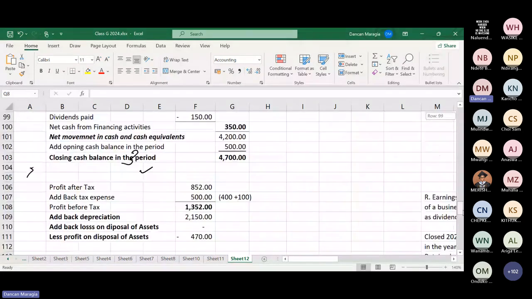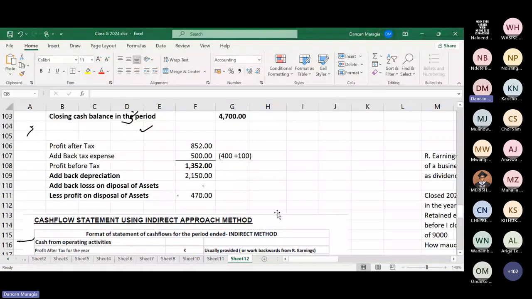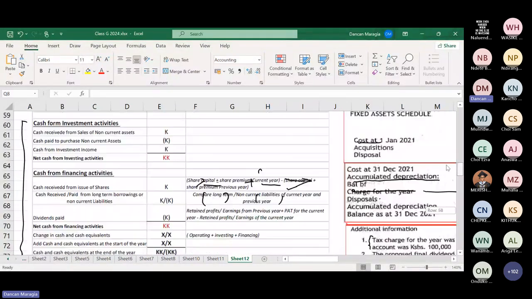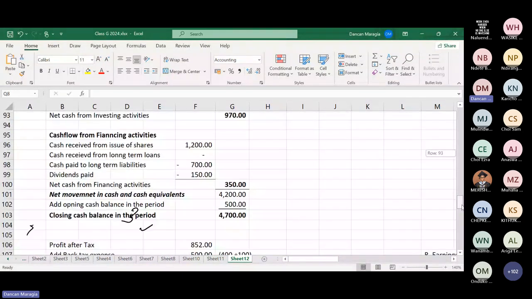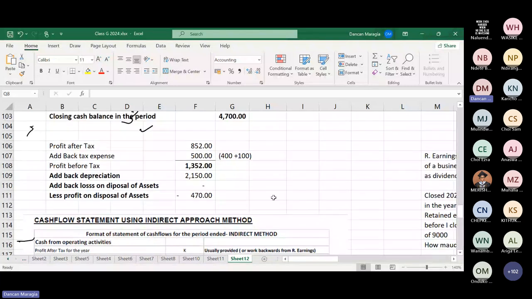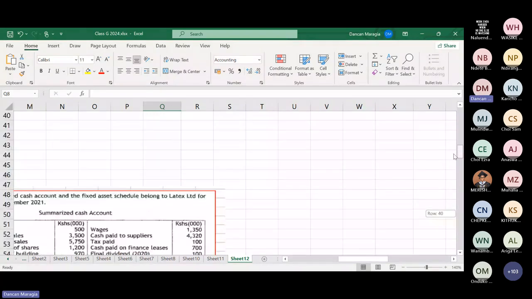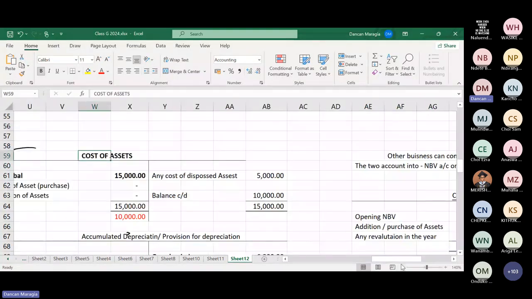And to just pick from where we left last time, this was what we were doing, the cash flow statement using the indirect approach, having looked at a question using the direct approach that we were working on. Then we went to the indirect approach. However, we left it somewhere where I was looking at a question, and I said I'll use that to cover these concepts of non-current assets, where we have a company that maintains non-current assets at cost,